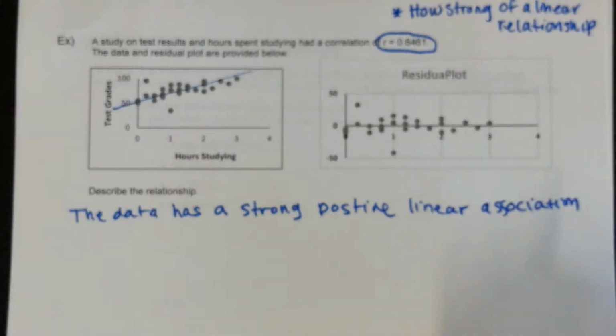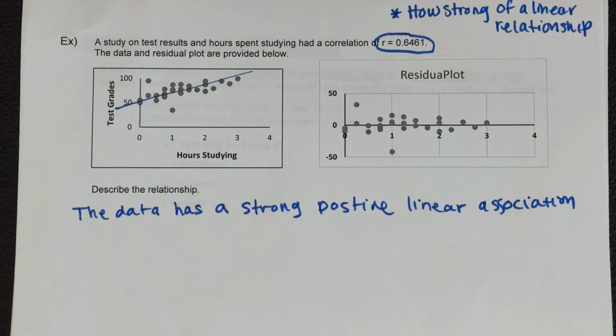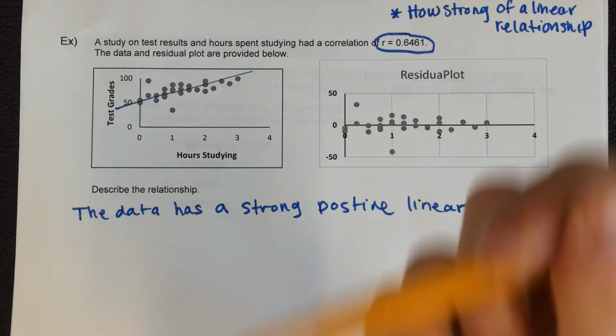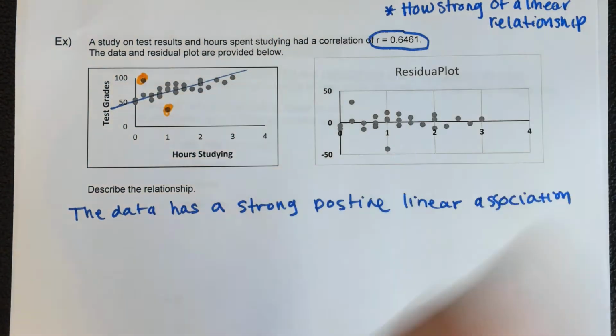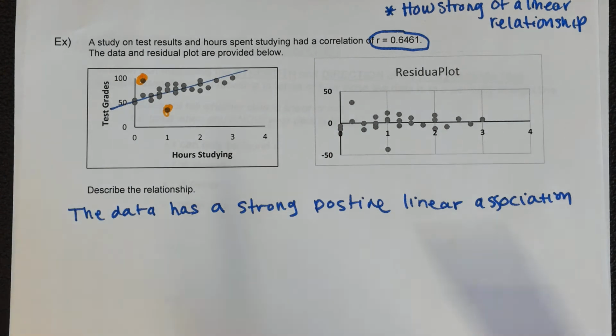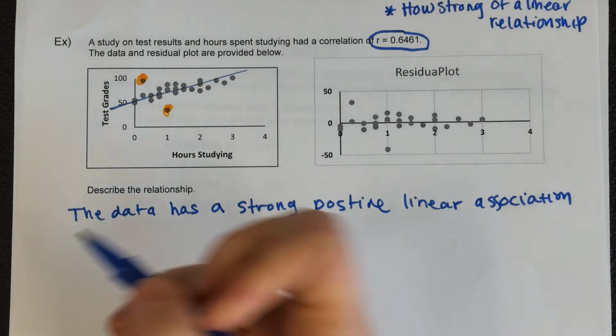And besides saying that, we need to mention outliers or whatever. And so here, if you look, these are in step with the rest of the data, but they are further away. So I'm going to say they have a strong positive linear association with